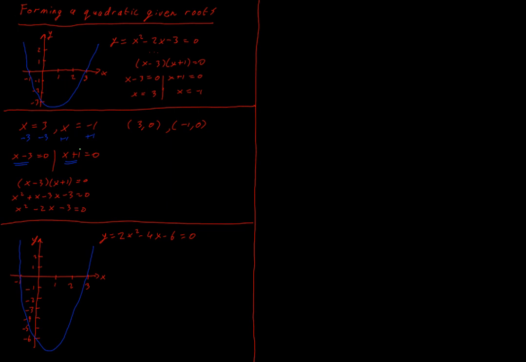I also need to know a point on the curve, and usually I'll look for the y-intercept because it makes the maths fairly easy. But we're going to come to that in a minute. First of all, I just want to go down through factorizing this and show that we get exactly the same roots. So if I want to factorize this, I'm going to take my two terms on the end